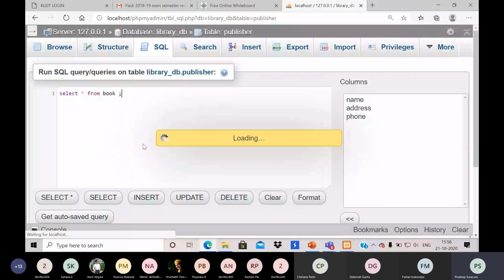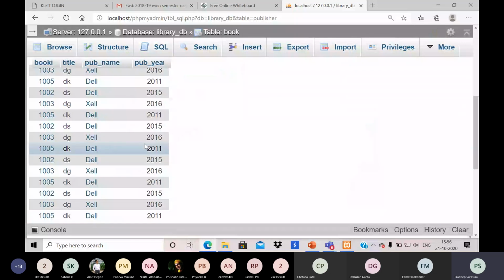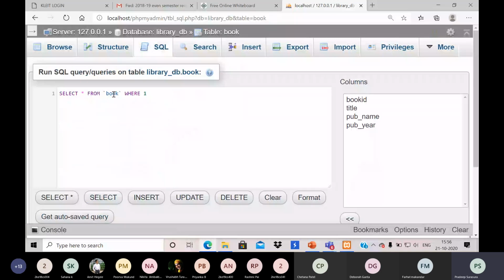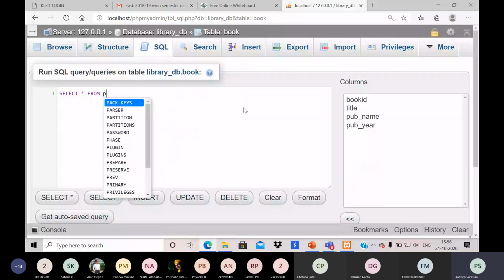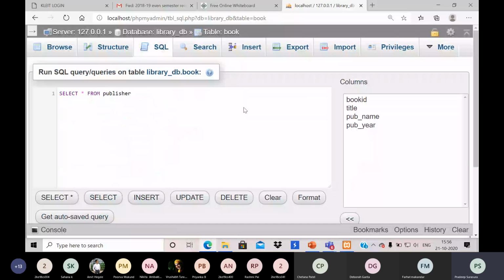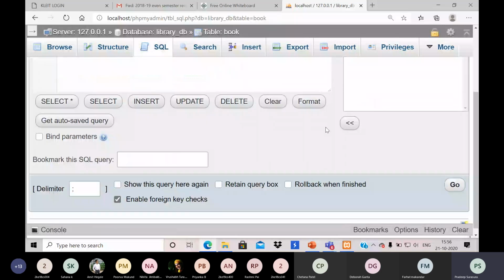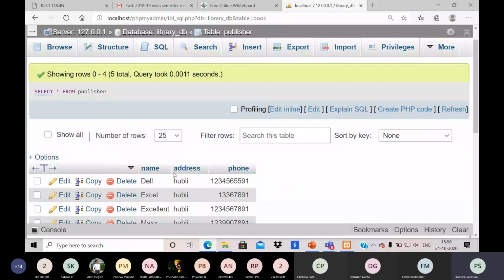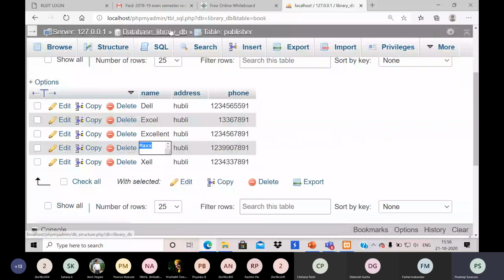So in book, do I have any other values? Okay, excellent is also there. So in publisher, and you know why this is throwing an error. Okay, then try to insert